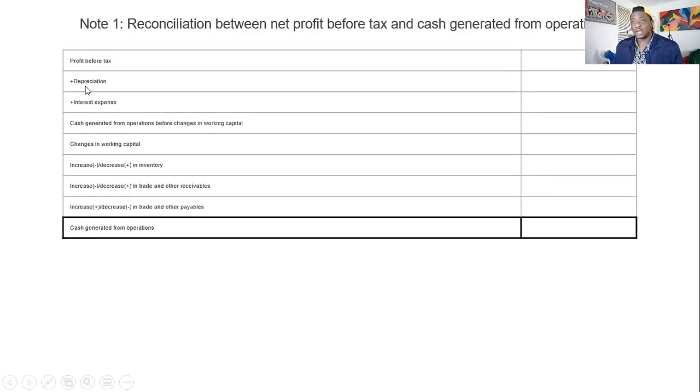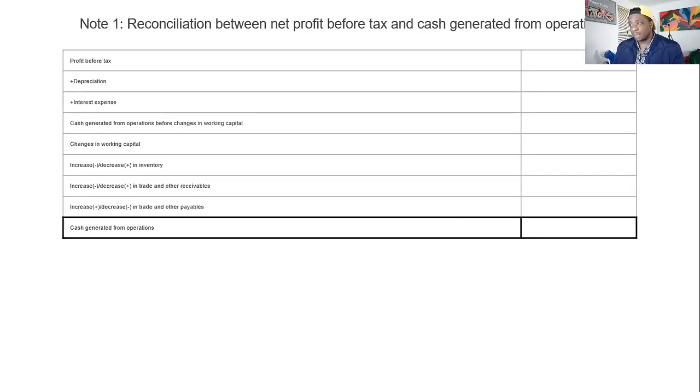And then you're going to add depreciation. You add depreciation because in order to calculate profit before tax, you subtract depreciation, and depreciation is a non-cash item. So you add it back to cancel that negative, because if you were calculating profit based off cash, you wouldn't have subtracted it, since it's not a cash item. So now you're trying to get to a profit that does not include